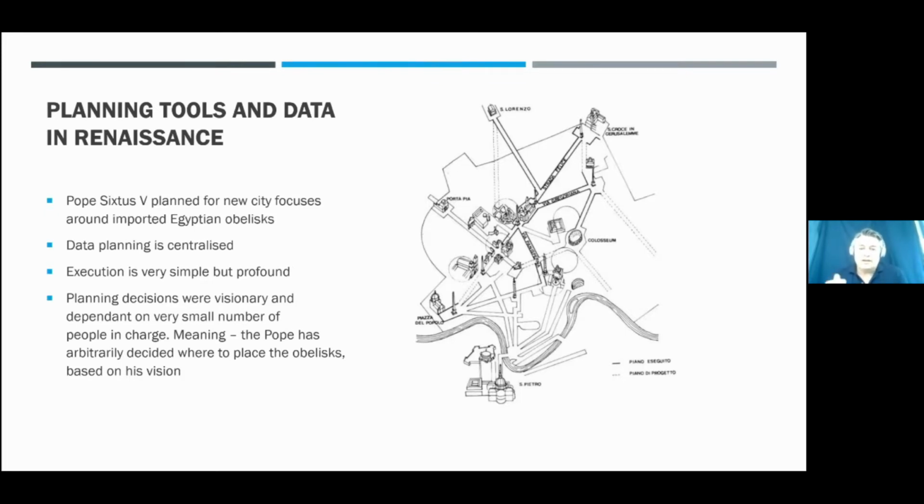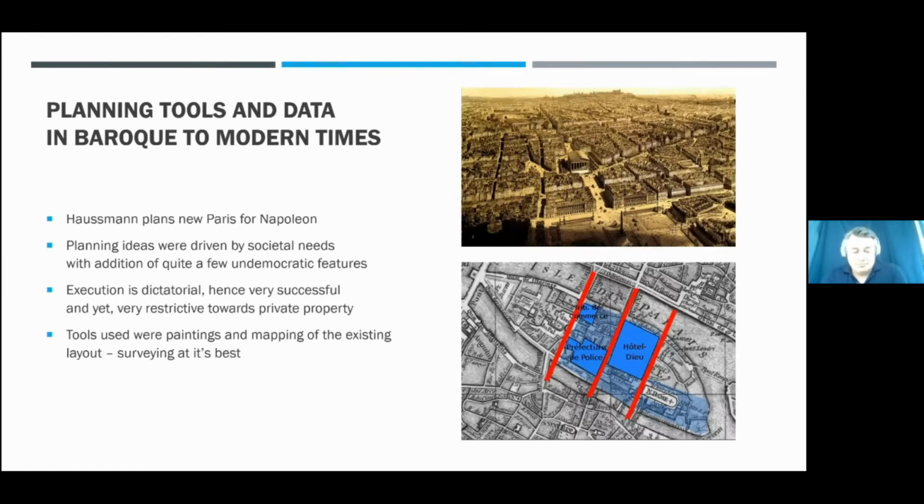Moving forward, another few hundred years later, we get to another great city in Europe, which is also one of the templates for fantastic urban design and planning options. Mr. Haussmann was the architect who was working for Napoleon during his emperor years in Paris. Now, it is very important to understand that there were different legal systems in place in Paris at that time, which means that you had a dictatorship, basically.